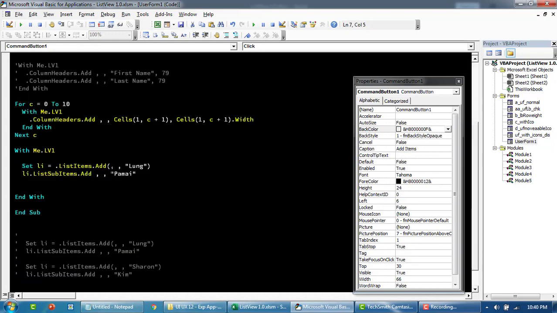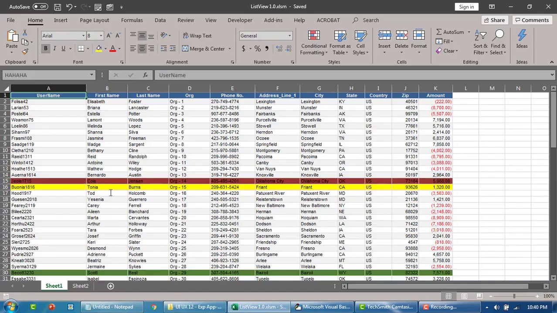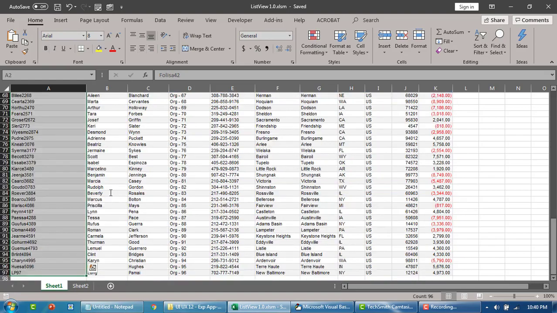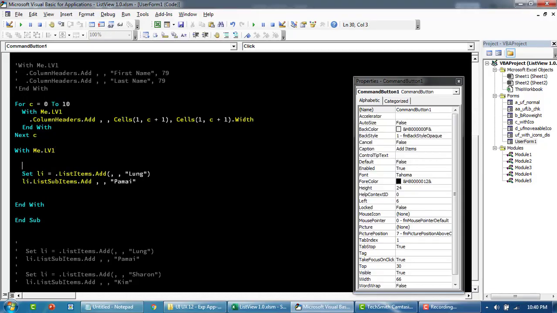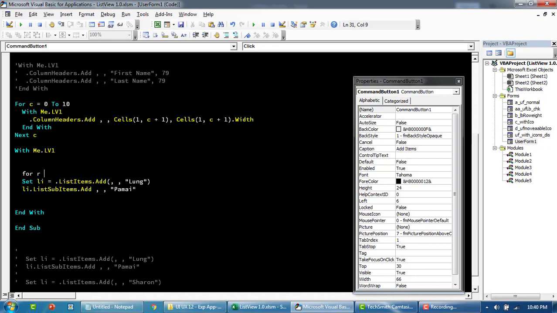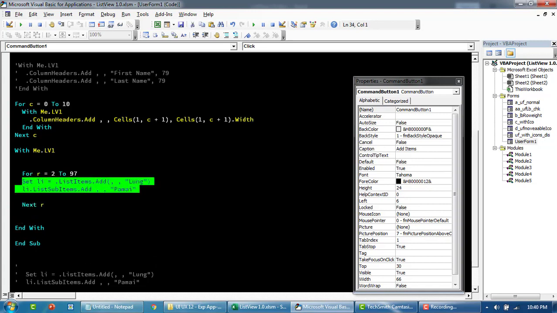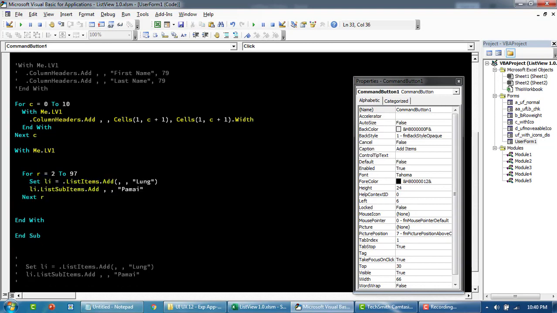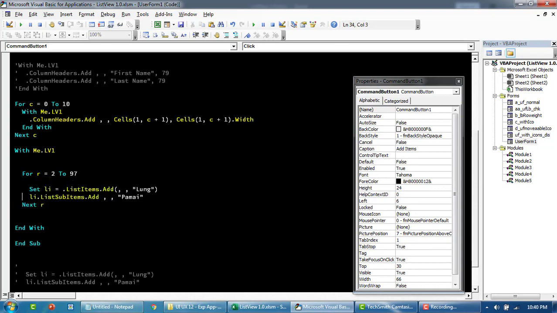So here we have already assigned R will be a number. As a demonstration, we'll loop from row number 2 till 97. So R is equal to 2 to 97, and then this is going to be next R. Again, this list item is like a row representing a row within the list view. And then here we'll say whatever is the R at that moment, and then let's see, 1, column number 1, cells is supposed to be,